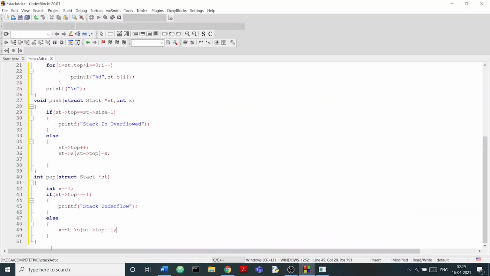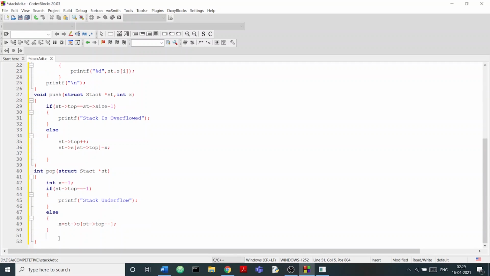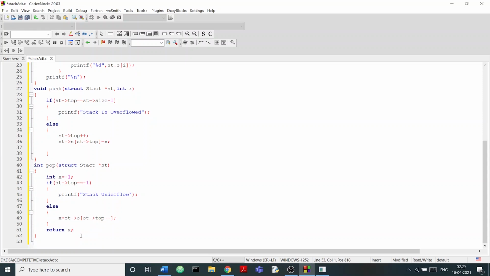Okay, and now we are just going to return x. If stack is empty, then this particular printf statement would be executed, and this x value would be -1. If stack is not empty, then x would be assigned a new value, and that value would be returned. Okay, after that we are just going to make int